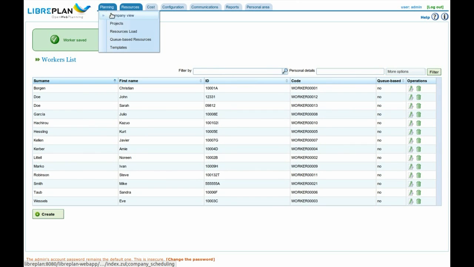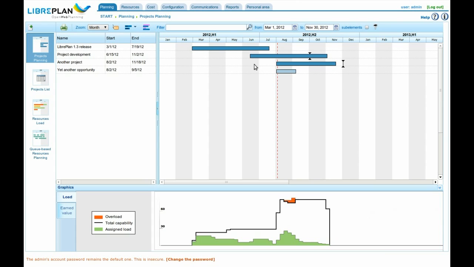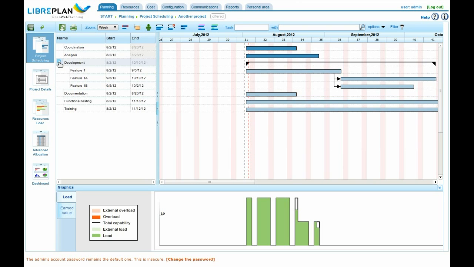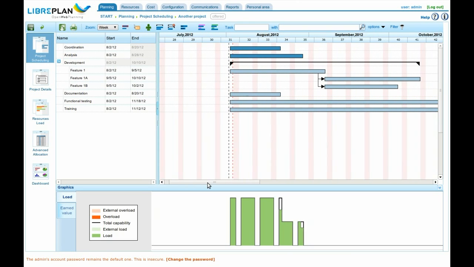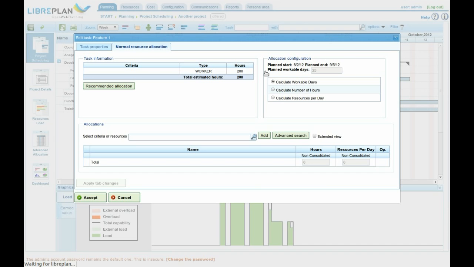So we save, and now we go back to the company view, and let's assign the new worker to the planning of an existing task. We enter inside the project in which he's going to participate, and in it there will be a task called Feature 1 that we want to assign to Mike Smith. We double-click or right-click the task to open the assignment pop-up,